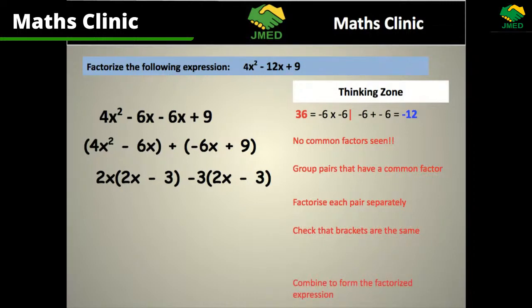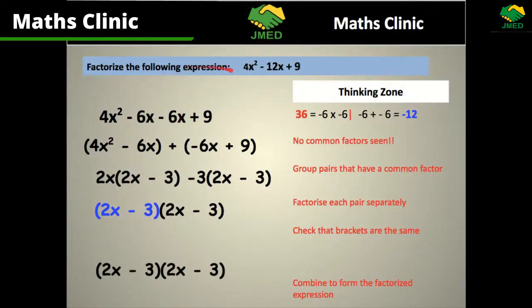Check that brackets are the same. And then we get the same thing in each bracket, which actually means that this expression is what we call a perfect square, because this is really 2x minus 3 squared. And that's just a special outcome. It's nothing fantastic, but it's just what it is. All right, so we've had a look at